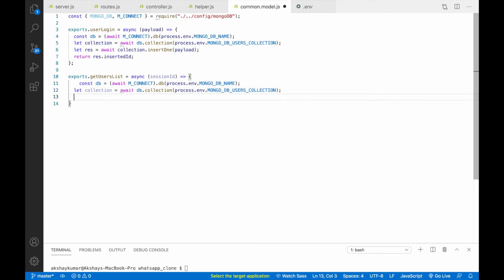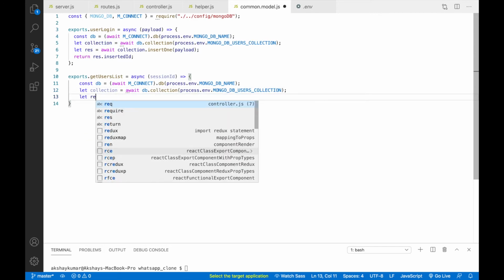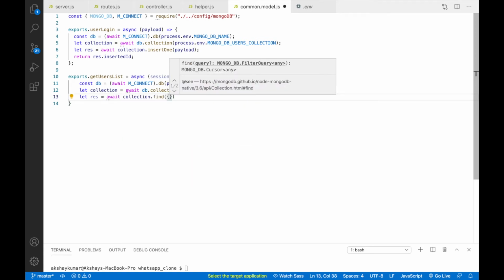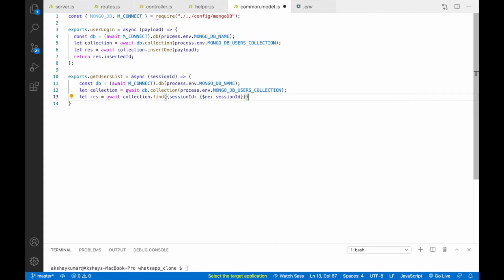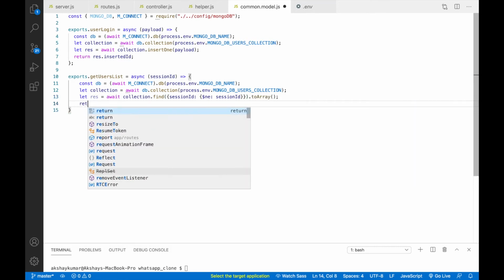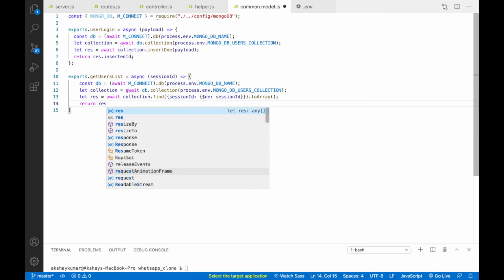Okay, after this we'll write let response equals to await collection dot find. Okay, here we'll write session id is to, again one curly braces, and we'll write dollar $ne, that is not equals to session id. After this we'll write to array, and then we'll just return res.